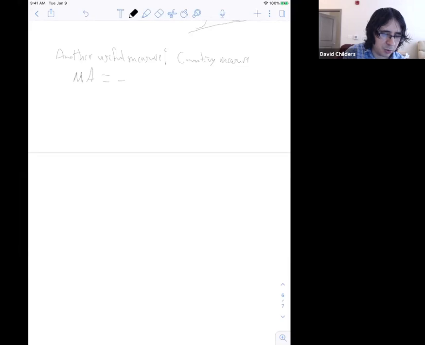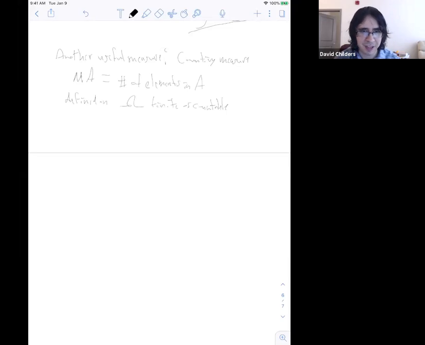Mu of A equals the number of elements in A. Oh, I should say this is defined on omega finite or countable. If omega is not countable, the number of elements in A may not be well defined, or may not at least be finite. And so we say that we have a discrete random variable